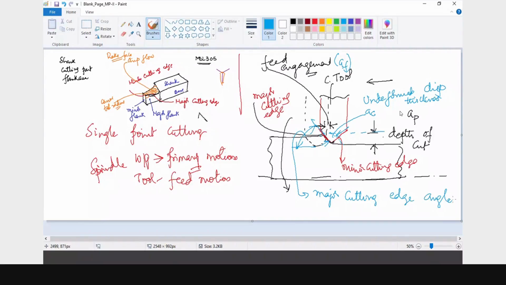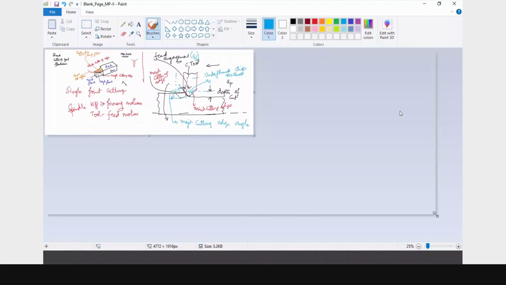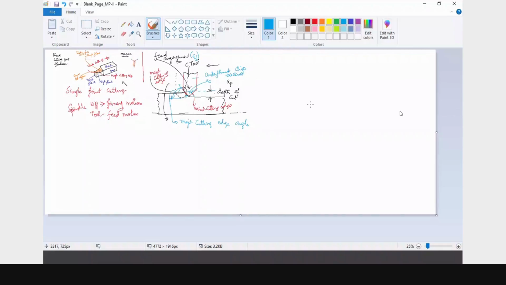So this is the face of the tool, and the cross section of the chip is something like this. If I try to draw the cross section of the chip, sorry, let me make it done. So this will be your chip, what you are going to remove.